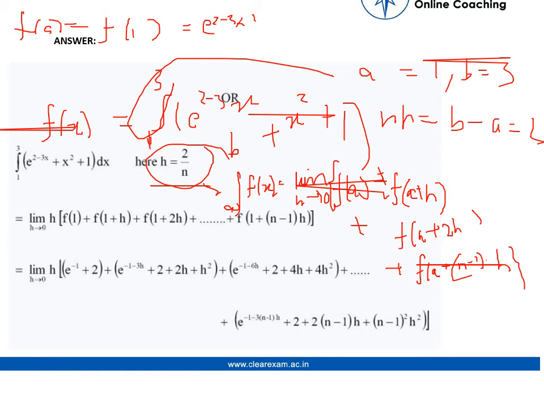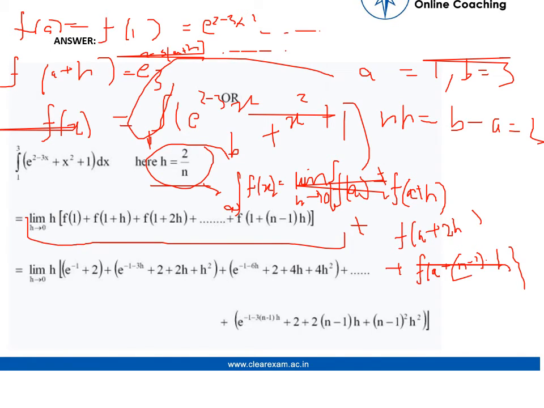Similarly, we find the values of f of a plus h, which is e raised to 2 minus 3 into a plus h, and so on. So these values, when we put them into this equation,